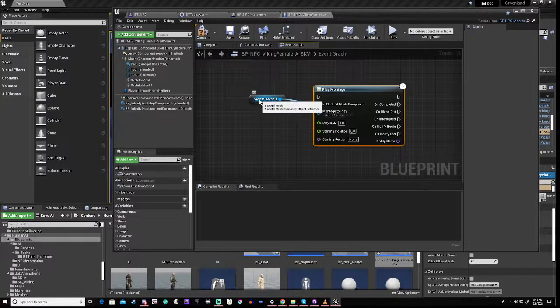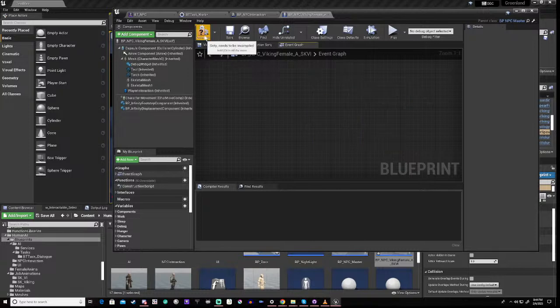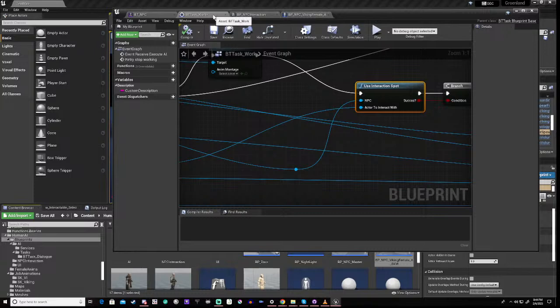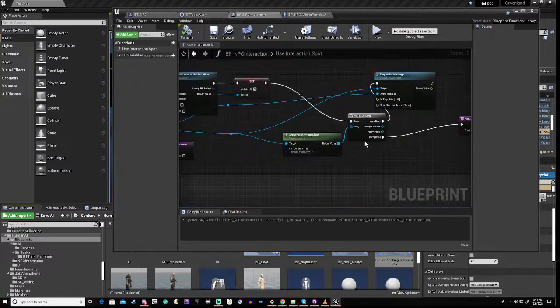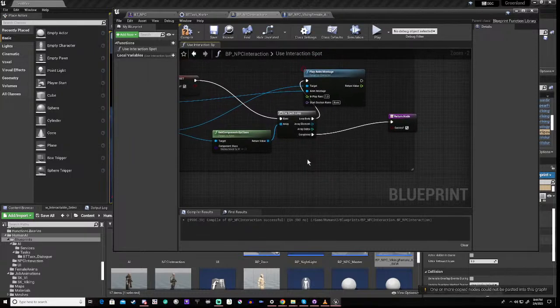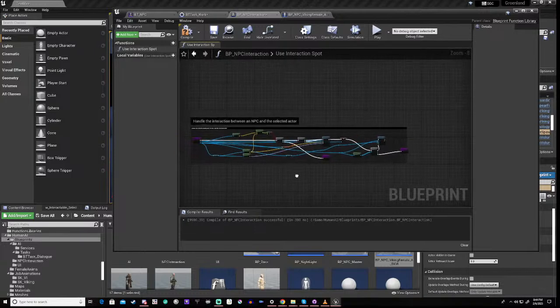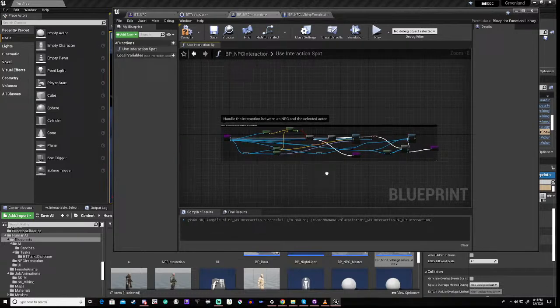It's a skeletal mesh component. Wait a minute. I'm going to copy that, and delete that. If I paste that, you see it's not letting me do it. It is not. And that's because